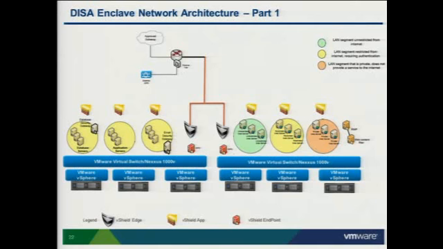So basically, we've got our standard connection out to the NIPRNet, and then I come down, and what I've done is I've got vShield Edge, the little shield design there, that I can now segment off different virtual applications. And then if I look to the right, I can see now that I've got all my web traffic, but